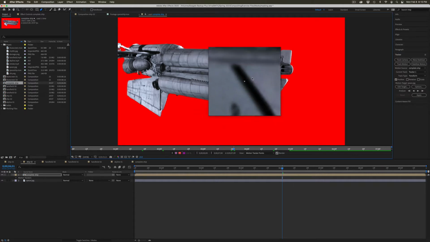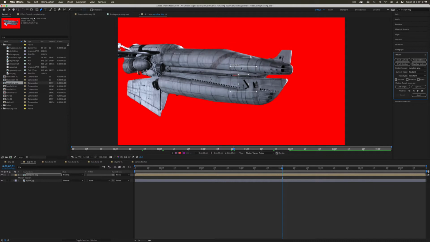Today we're going to track this corner right here. It's really important whenever you're tracking that you have a high contrast object. So there's a couple of points on this ship that would be good for it. I'm going to track this corner. And before we analyze, maybe the most important thing here is choosing what our target is. When we're stabilizing footage, we're actually going to target the footage we're tracking,